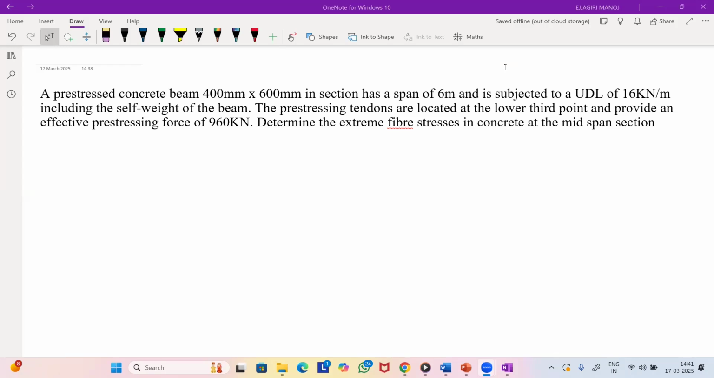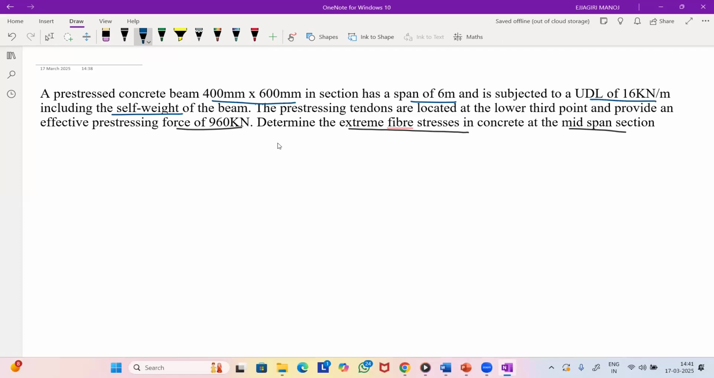Let us see one more problem, that how we can calculate the extreme fiber stresses in prestressed concrete structures. So here we have a question asking to find out the extreme fiber stresses in the concrete at midspan of the section. And for that he has given the prestressing force, and the section of the prestressed concrete beam is given, span also given, and the UDL, which is including the self weight, he has given. Right, now let us calculate